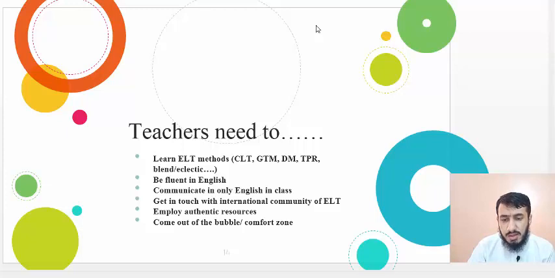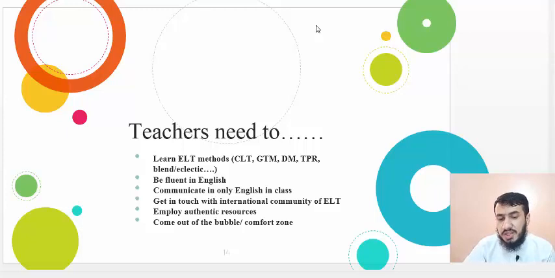Then, be fluent. Teachers need to be fluent, whether they are in government schools, private schools, or Cambridge. They must be fluent in English, so that they speak to their students in English fluently, because they are the role models for their students. Once they are the role models, then they can of course help their students with their English. And then they must communicate only in English when they are in their class,